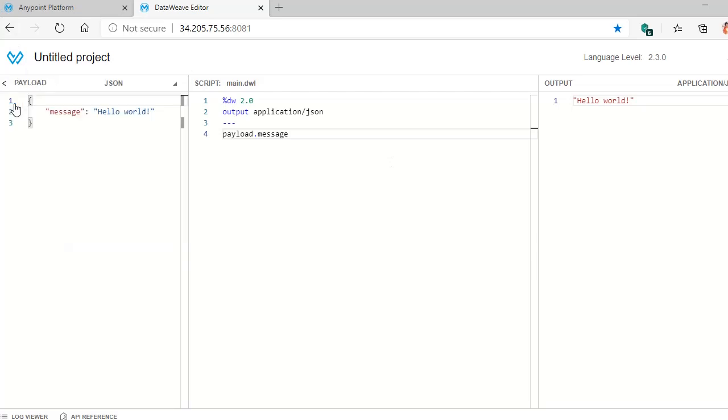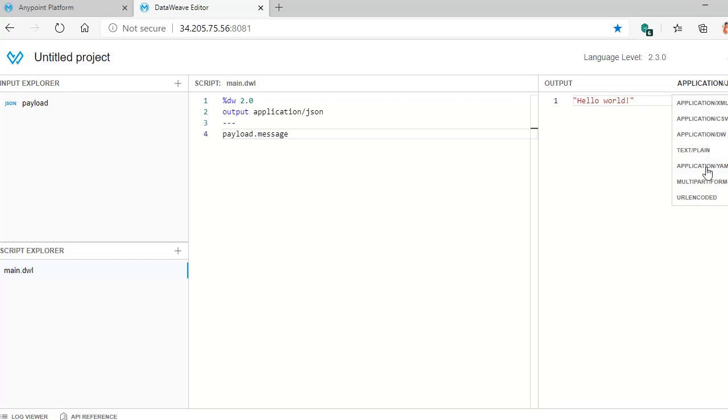Here it will also allow different payload types. If you would like to transform CSV to some other format, or XML to some other format, based on your requirement, you need to select the payload format and give the sample payload here. Output also you can select any content type, XML, CSV, text plain, YAML, like that.